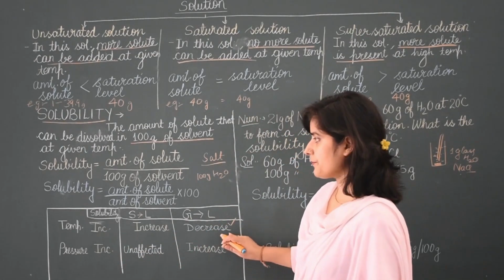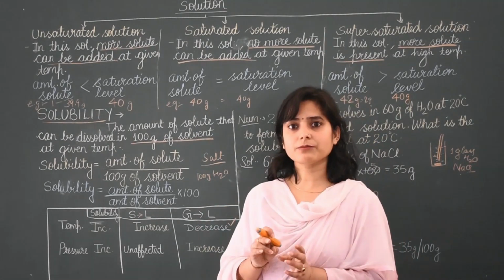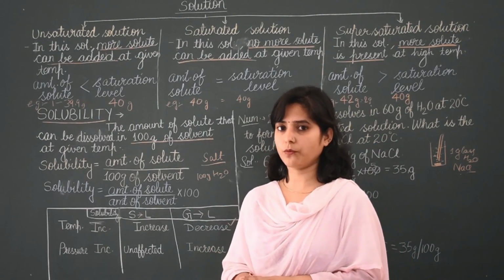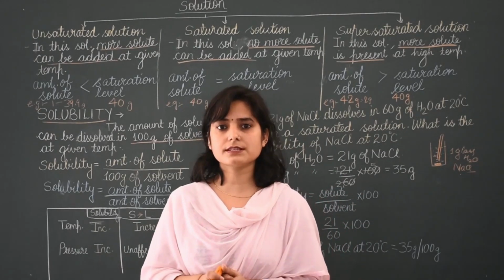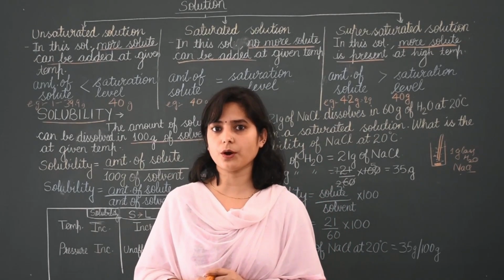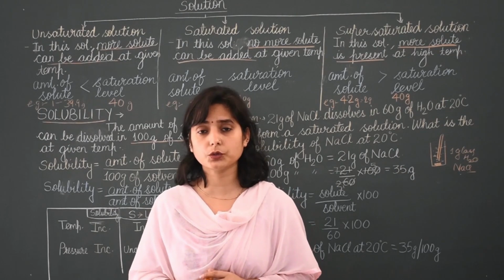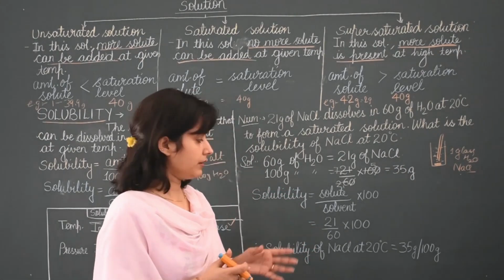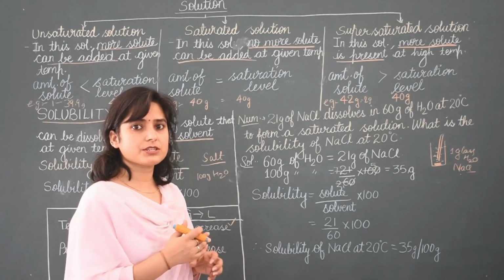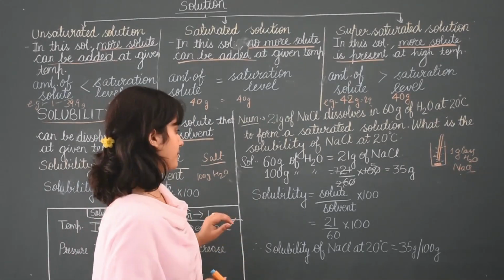This you can see when we take hot water. When the temperature of water is increased, the oxygen dissolved in water decreases, and due to that aquatic animals cannot survive at that temperature. That means in hot water they cannot survive.